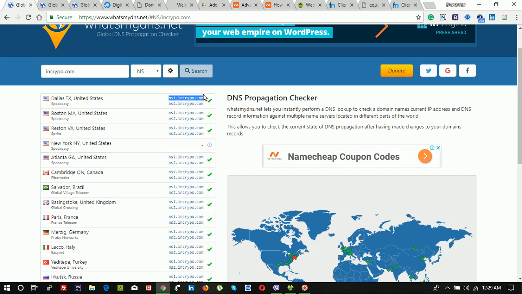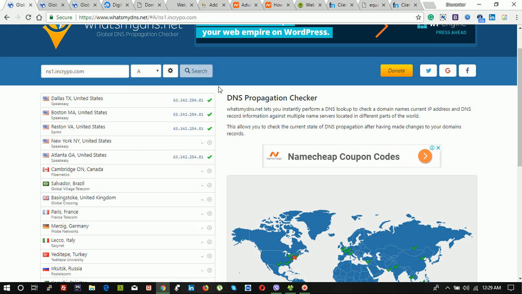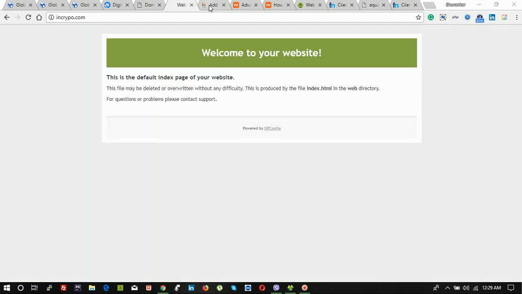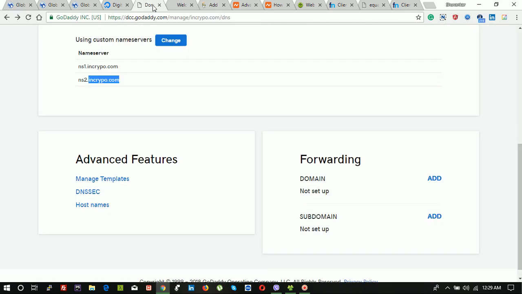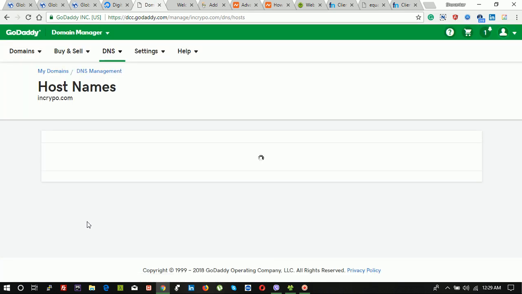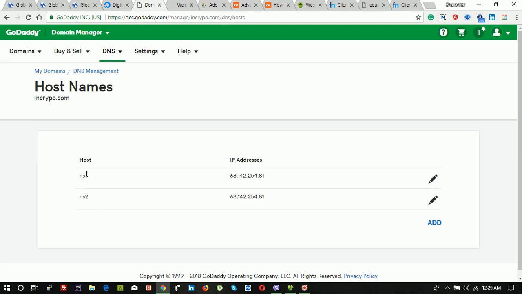Okay, this is my own domain name server. Any record? Yes, it exists on the internet. So what I have done is, I first registered my name server with an IP from this hostname part, ENS1 to an IP address, ENS2 to an IP address, and after a certain time this is set on the internet.